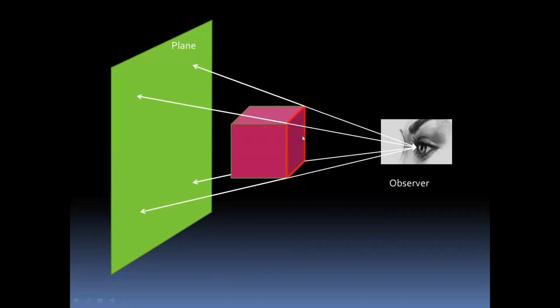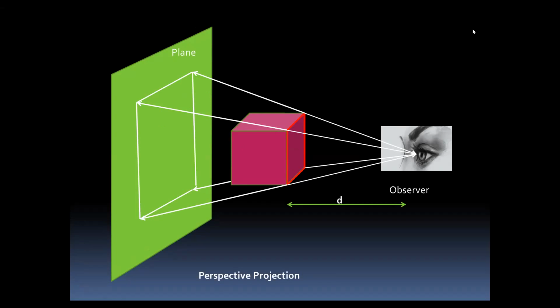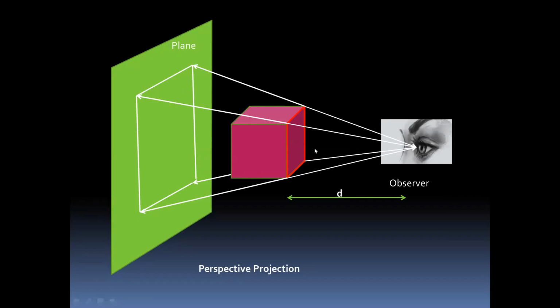Actually I have shown here only 4 lines, but in the projection we will assume that the lines are passing from each single point on the visible outline. From these intersection points on the plane, we will make the outline of that object. That outline is nothing but the rectangle that is observed from the front direction.